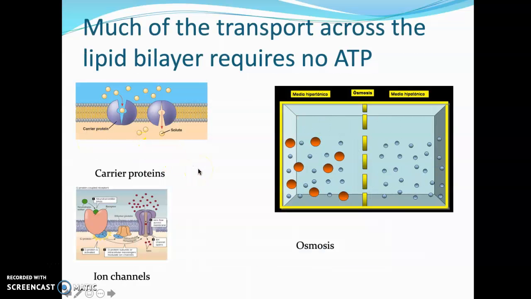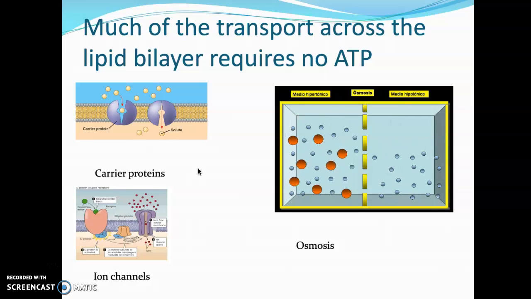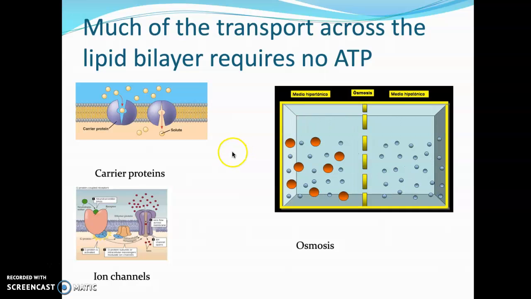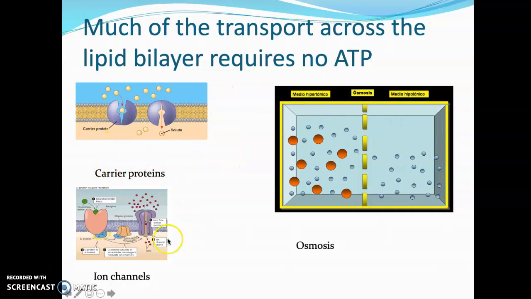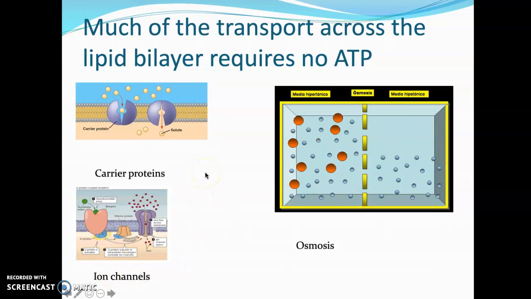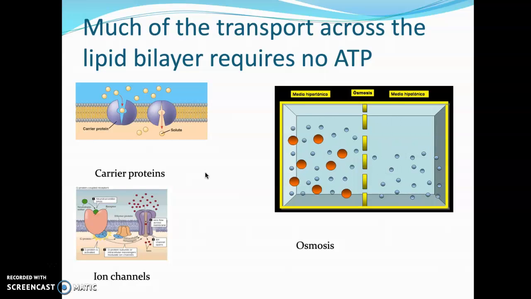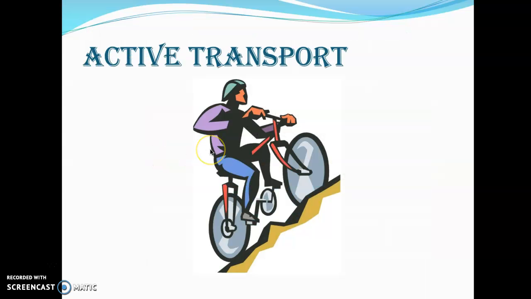Okay. Much of the transport across the lipid bilayer requires no ATP. That's what's called facilitated transport. Okay. Cells use carrier proteins or ion channels, and this pulls stuff across the lipid bilayer with no effort, no ATP. Okay. And then our next slideshow, we're going to study active transport, which is when cells have to pull